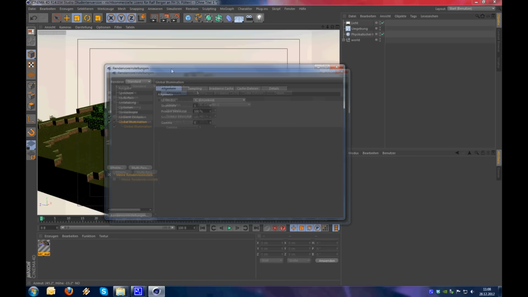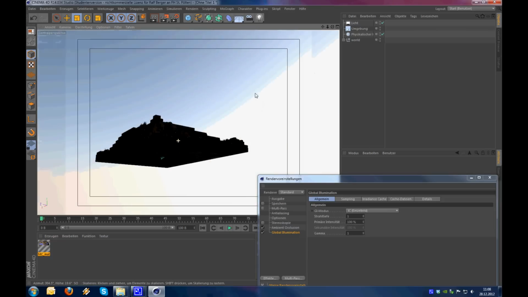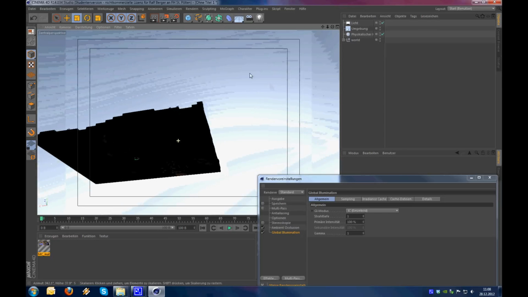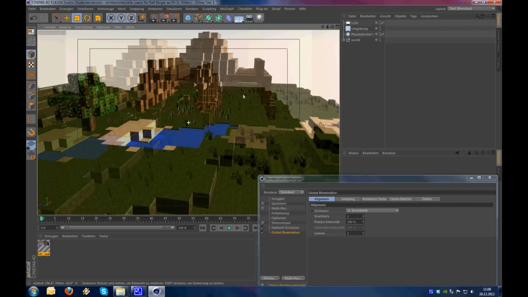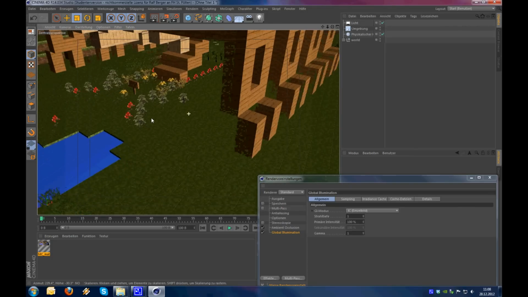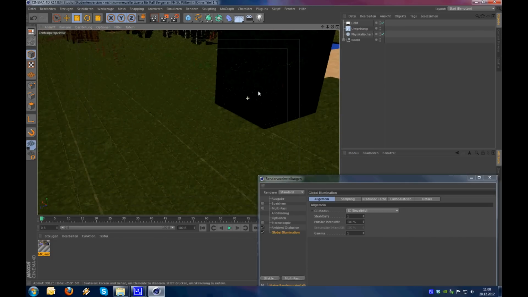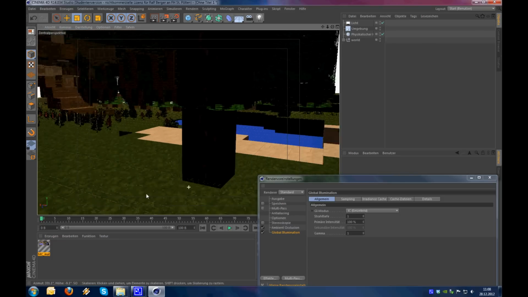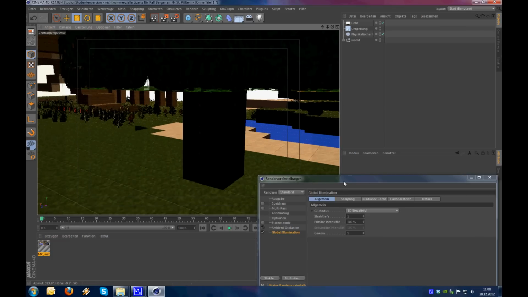What global illumination does is it calculates the sky as well as the lights, the color of the sky, to your rendered image, and it also calculates some reflections, which means that light will be, for example, here where it would be in the realistic world, but it only happens if you use